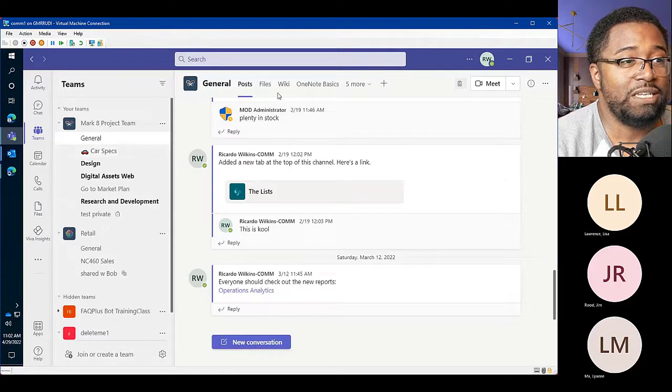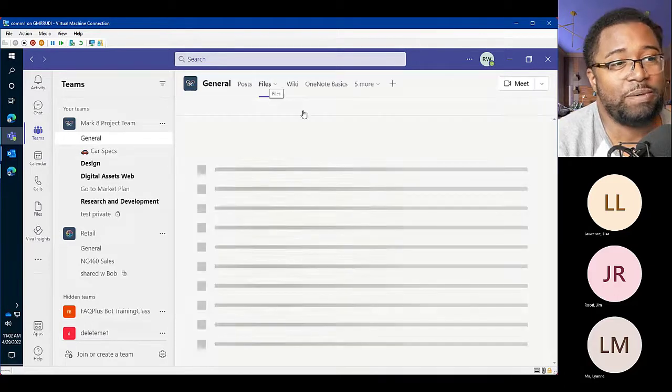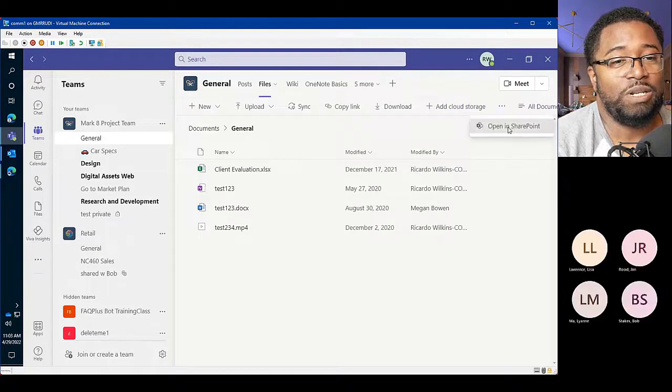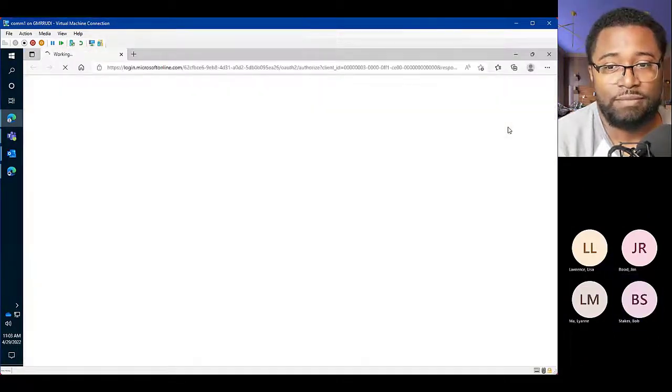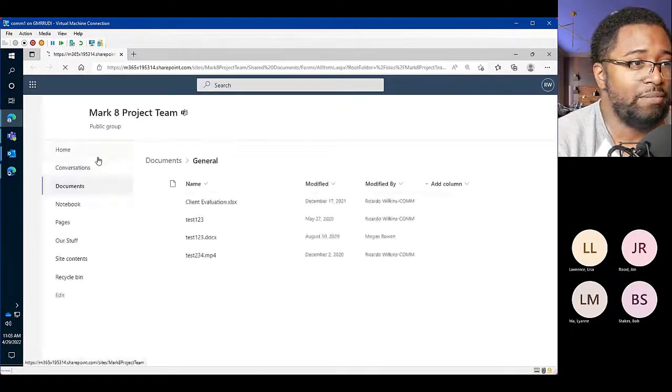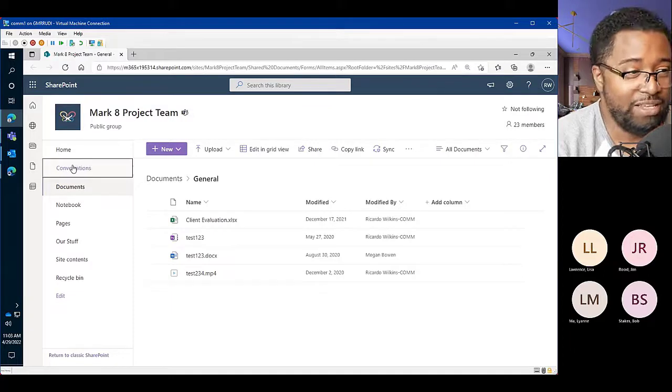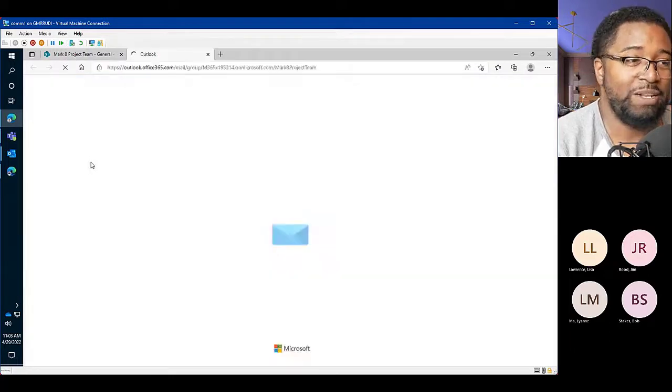I've always come into the team to go to the Files tab just so I can get to the Open in SharePoint button. And then I use this Conversations button on the left to take me over to Outlook on the web,